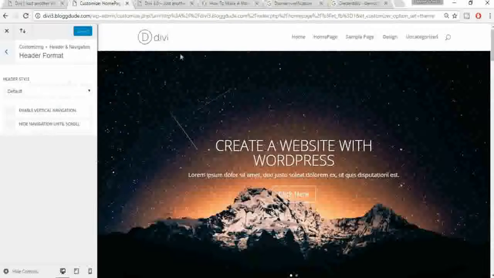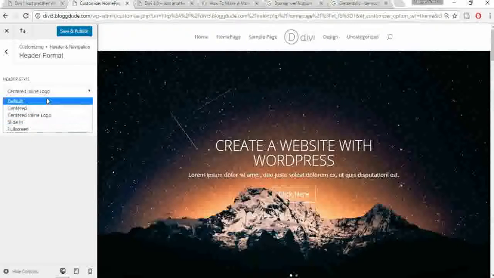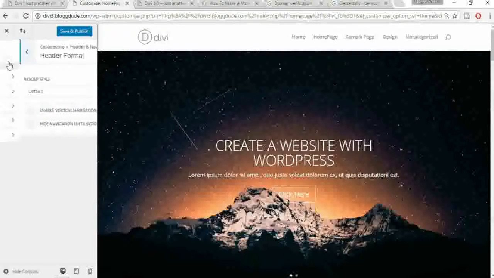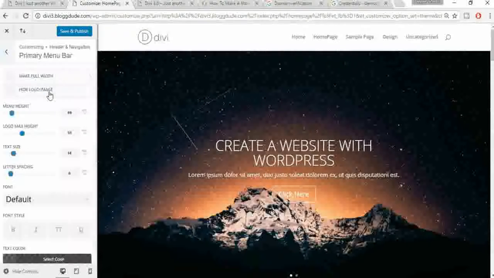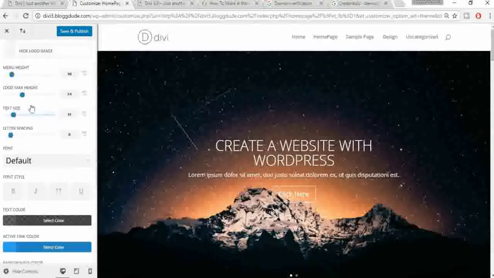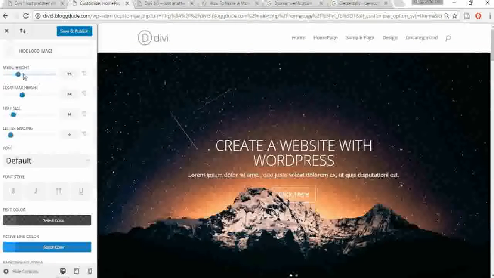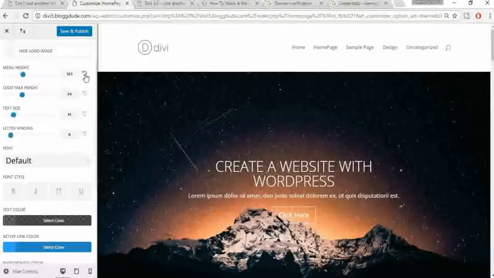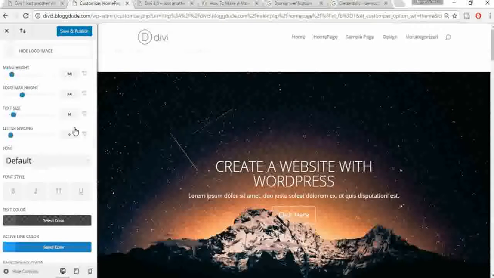You can have centered inline logo. The logo comes in center and everything. I like the default one. You can change that if you want. Then primary menu bar, come over here. You can increase or decrease the height of the menu bar. As you can see, you can increase or decrease this height. I am keeping it as default. Now here